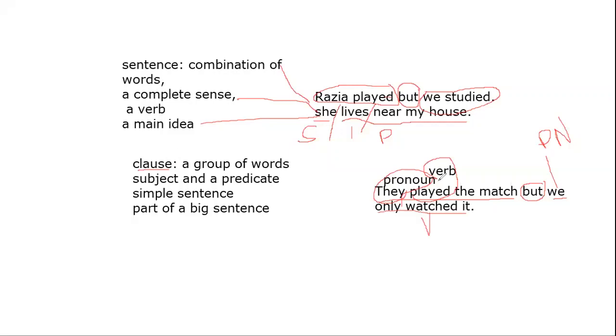जैसे कि हमने देखा, they played the match but we only watched it, एक bigger sentence है, but this bigger sentence contains two clauses joined by a conjunction. ठीक है, समझ आ गया आपको? Okay, then